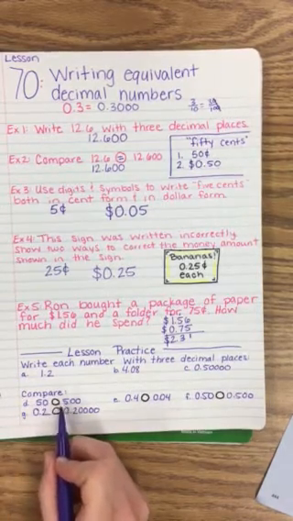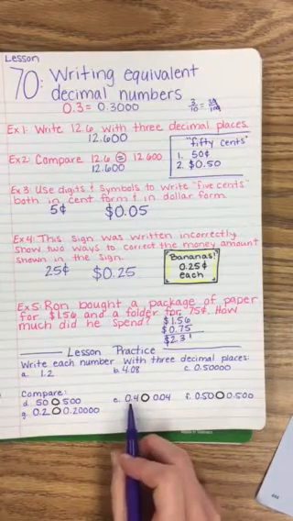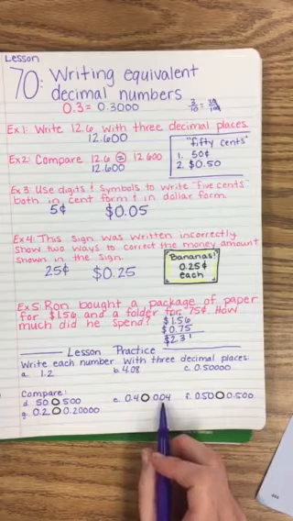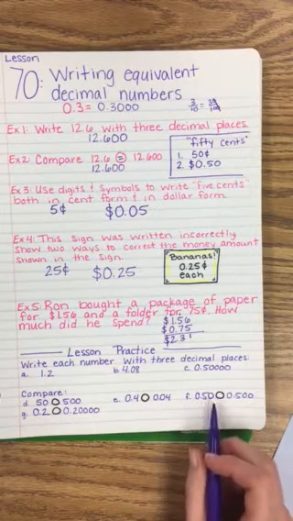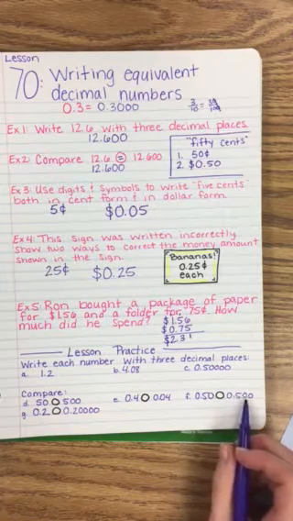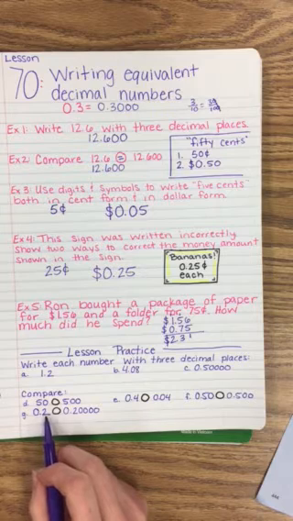Compare 50 to 500. Compare 0.4 to 0.04. Compare 0.50 to 0.500. G, 0.2 compared to